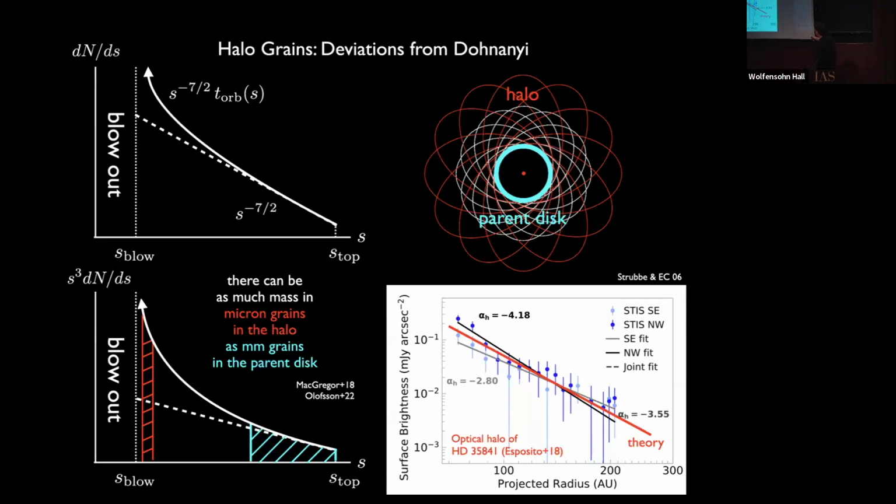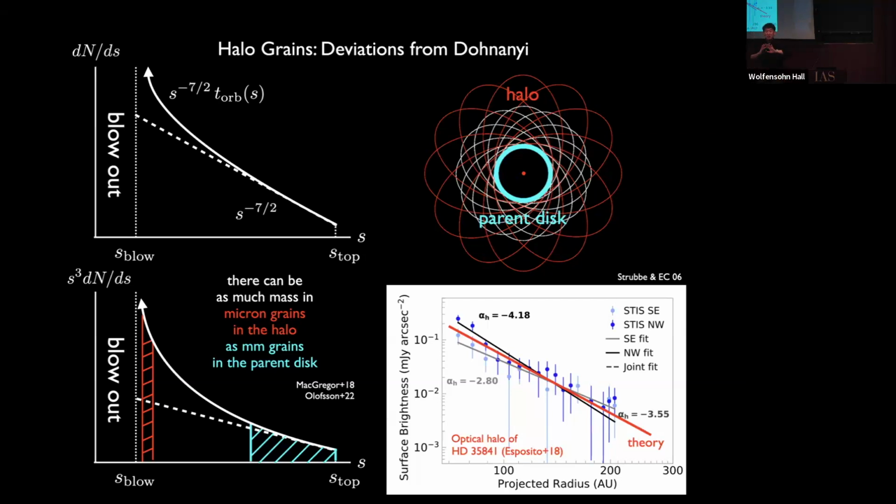Back in the day, we used these halo grains to explain the surface brightness profiles. This is surface brightness versus distance, and it's a very good fit, actually. Just takes a couple of lines to derive this surface brightness law. Recently, ALMA is seeing millimeter wave emission from these debris disks on 100 AU scales. And people thought, well, gosh, how could you get all those millimeter-sized particles out there? You don't, right? The usual rule of thumb that, oh, if you're looking at wavelength lambda, that the particle sizes must be lambda modulo 2 pi in size. That rule of thumb fails here because you have this strong divergence.